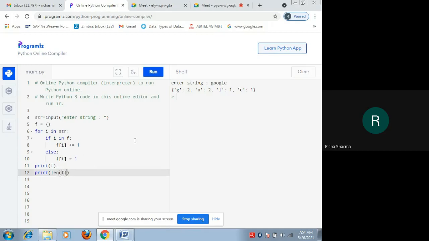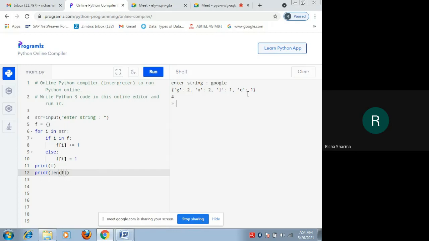Okay, so we will check what the length of f is. We can see here that the length of our dictionary is 4, as the total key value pairs generated here are 4: the first key value pair, second, third, and fourth. So the length of our dictionary is 4.